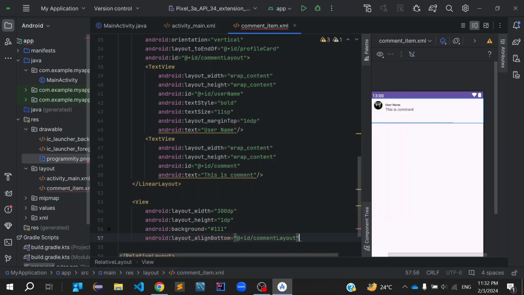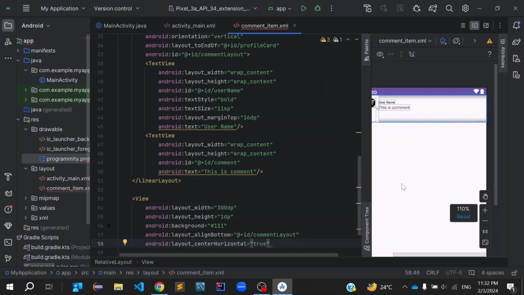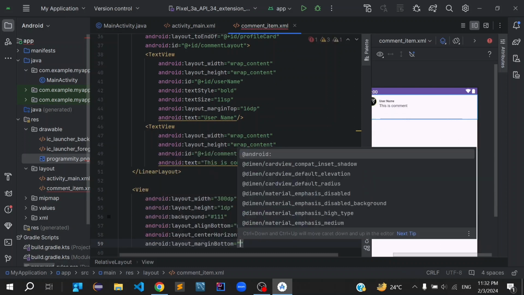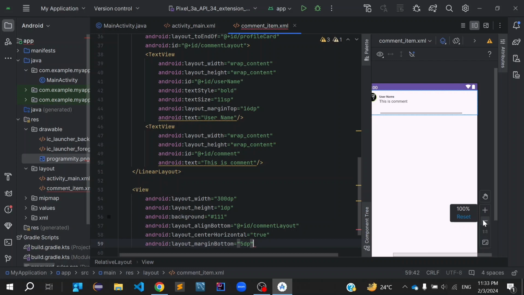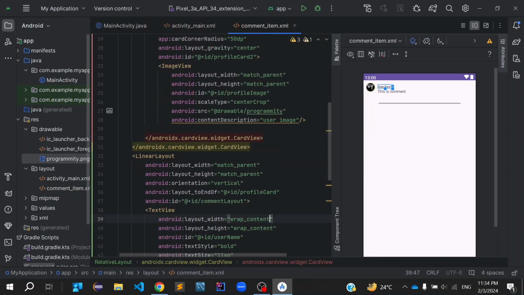And after that we will need to center horizontal, so center horizontal true, and it is visible, but let me show you more after adding margin bottom of 5 dp. Now it is more visible. So we are done with the designing of the comment layout, so we can close this view as well. And we will go into the main activity to